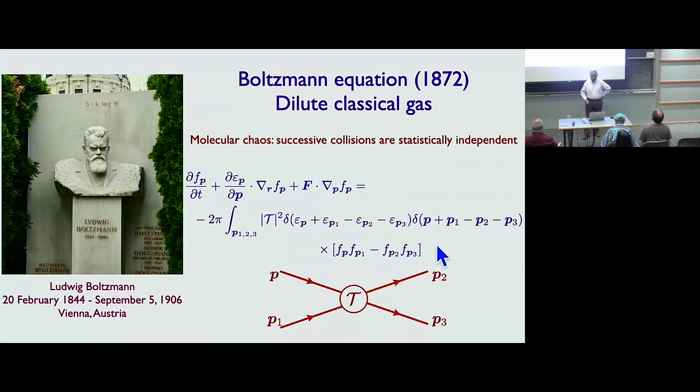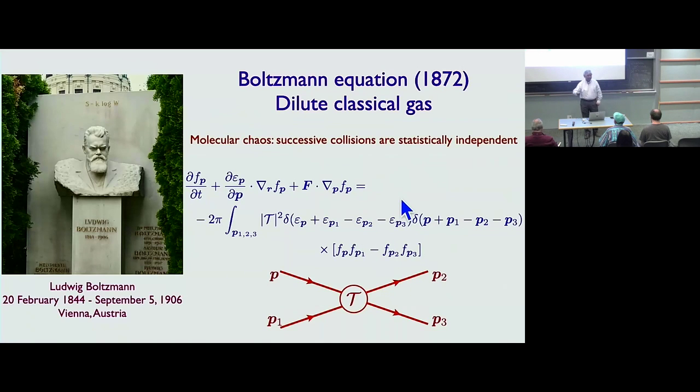So there's an underlying assumption here, which is that the collisions are statistically independent. This is built into the fact that this depends on the product of the distribution function of the two particles colliding. So they're assumed to be statistically independent, and so after they collide, they forget there was a collision. With that one little assumption, Boltzmann very successfully could even derive the rate of increase of entropy and compute